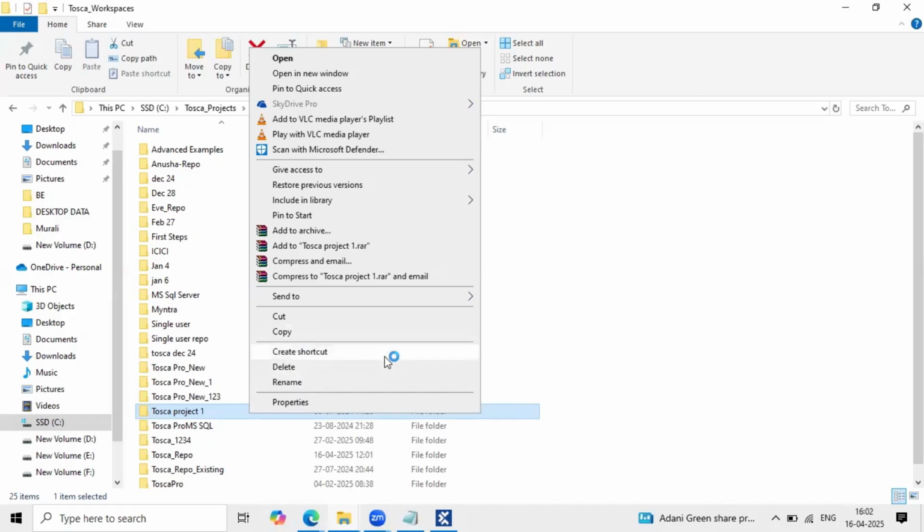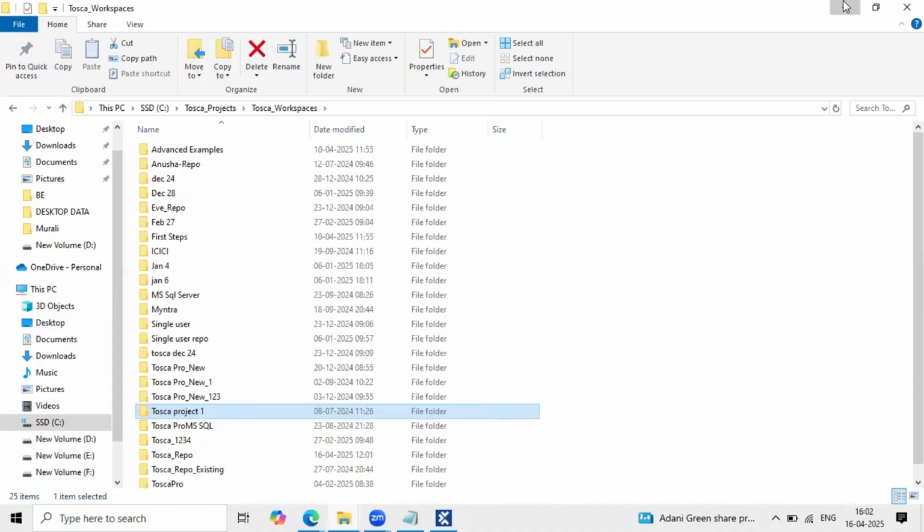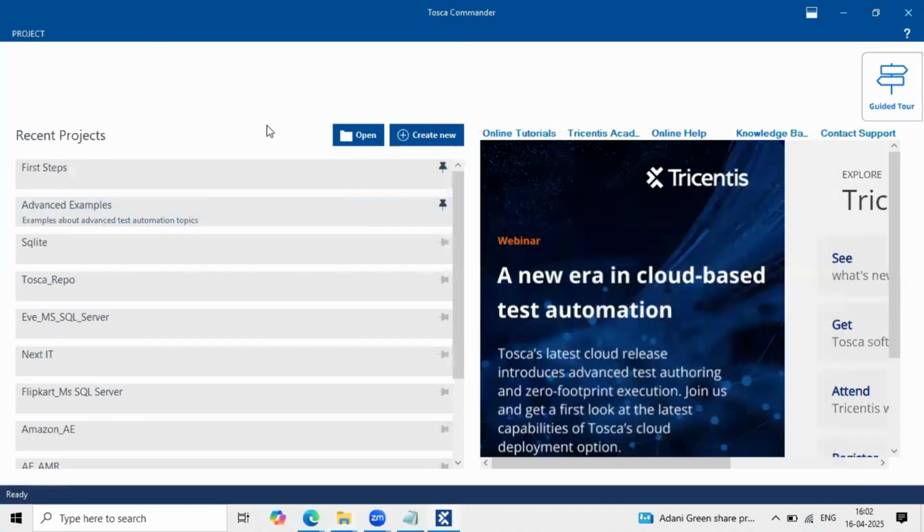Whenever you copy like this, you might miss some of the files which are running in the background. So for that, the Tricentis team has introduced a new feature to copy a workspace directly from one directory to another directory.